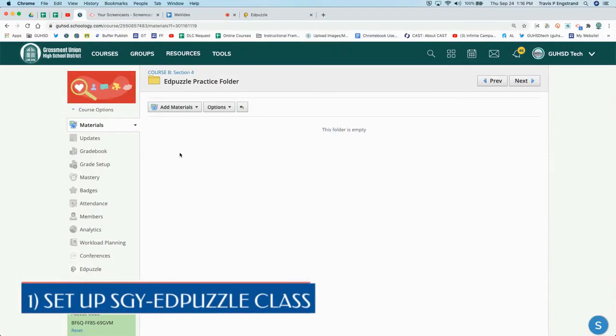The Edpuzzle LTI app is already pre-installed on all district accounts. So if you're a teacher using Schoology, you already have the LTI app for Edpuzzle installed in your account. The first thing that we're going to do is create courses in Edpuzzle and connect them to Schoology. So what we're going to do is on the left sidebar menu, we're going to come down and